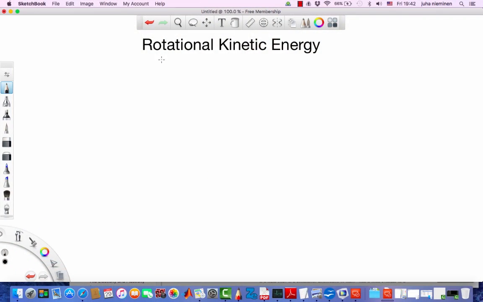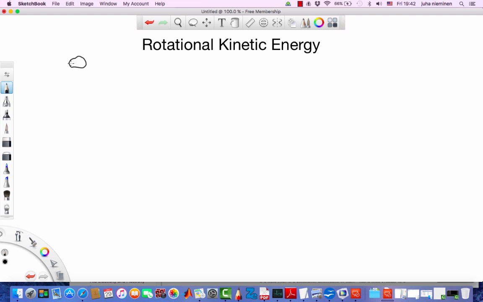We can only do so much with the angular quantities such as angular velocity and acceleration. Like we saw in the linear motion, the energy principle is very handy in solving a lot of problems. And there is a similar method in the rotational motion. Let's have a look at that. So first of all, let's consider